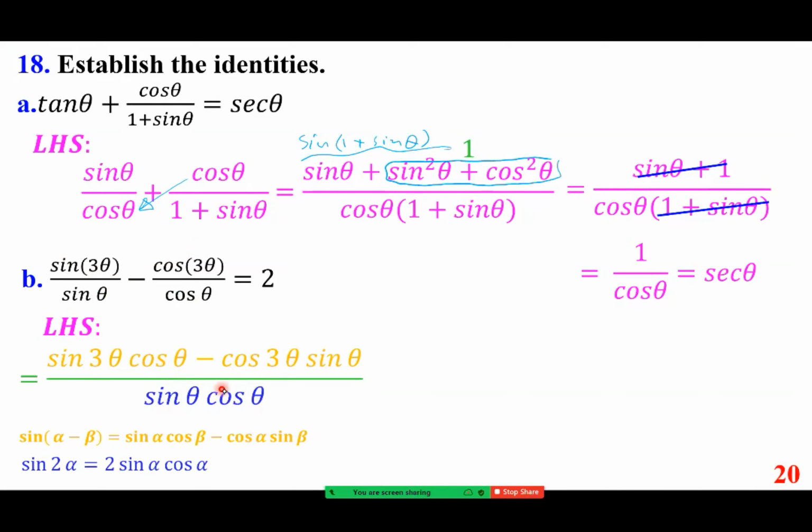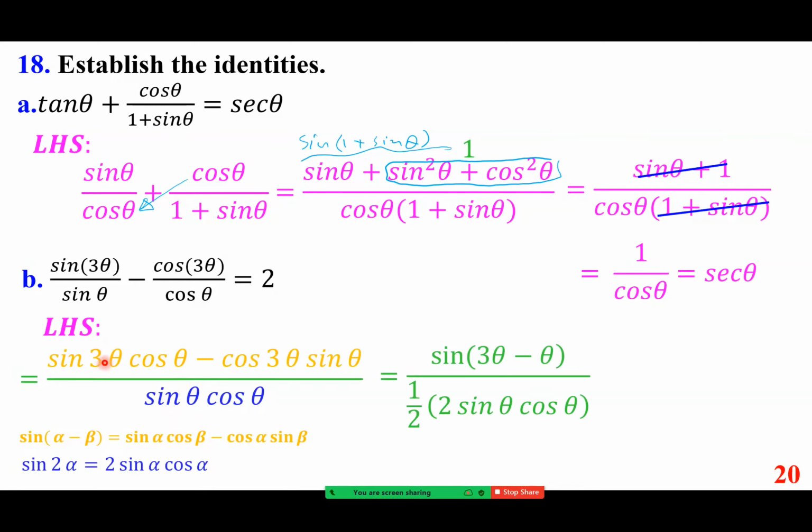The denominator, we know sine 2 alpha is 2 sine alpha cosine alpha. If we had a 2 here, this would be sine 2 theta. Because we don't, it's half of that. Okay? In essence, it's just sine alpha cosine alpha, right? So it's half of that. So we can write it in the following manner. The top is sine of 3 theta minus theta. This is half of this. So it's half of sine 2 alpha. So this one is sine of 2 theta, and this is half of that. So the numerator